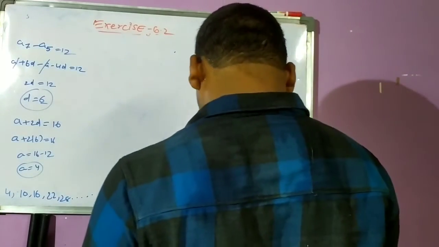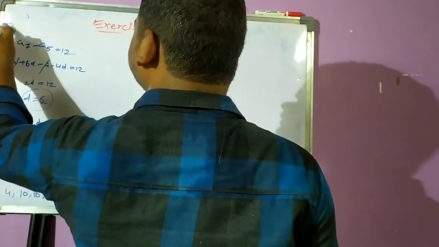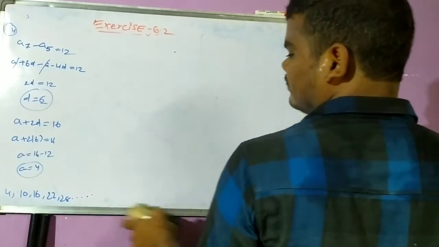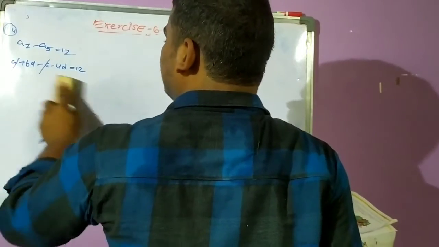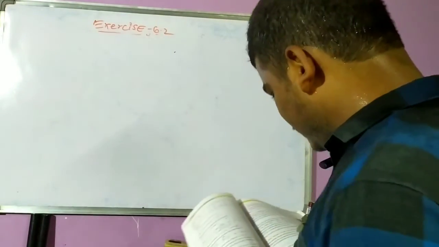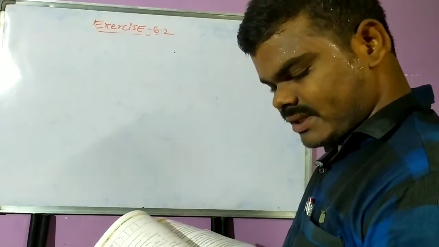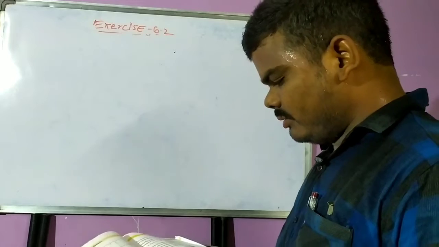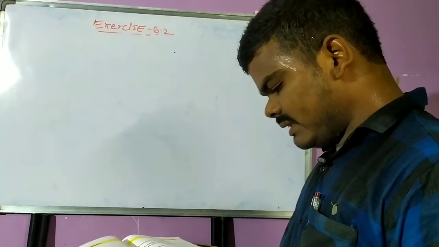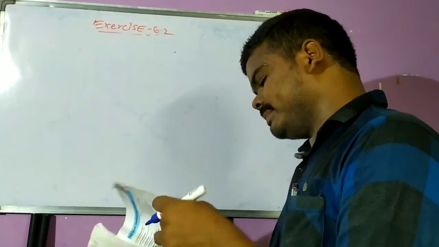Next one. Which number is this? The 14th one. This is the 14th sum. Next one, the 15th one. The 15th one is one of the important sums. Before going to the 15th one, we are going to do an exercise example. We need to solve one problem, that is in the 8th example.